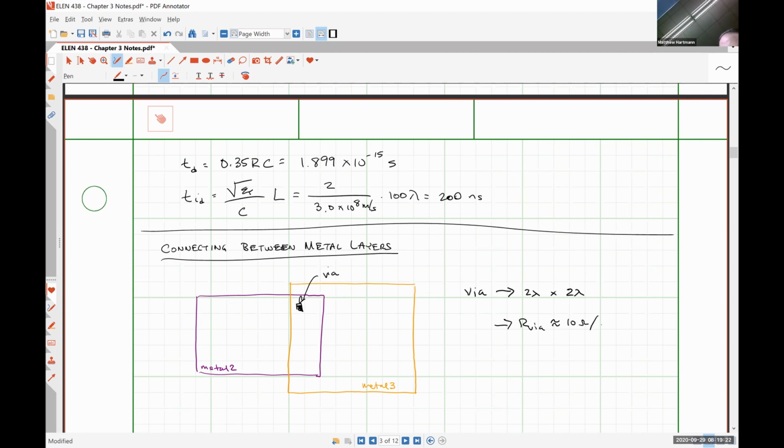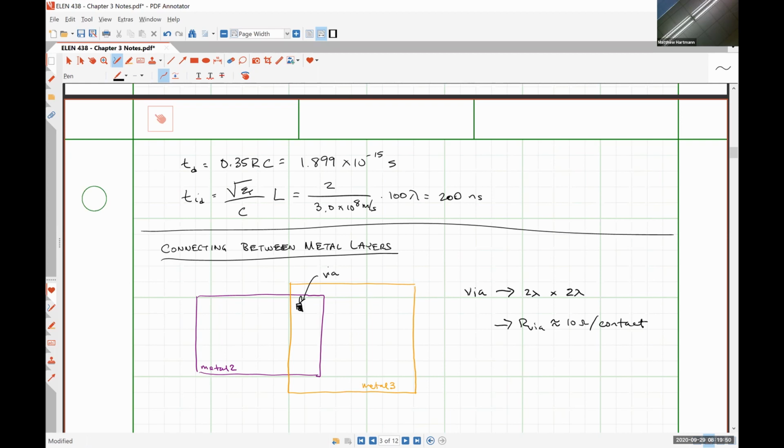Ten ohms per. So the resistance of this via of 10 ohms is actually significantly larger than the resistance of the metal layers. So if we put a single via in, we would see significant ohmic losses over the vias that could potentially cause a phenomenon like ground bounce and things like that, which we really wouldn't want to do. So instead of placing a single via, which